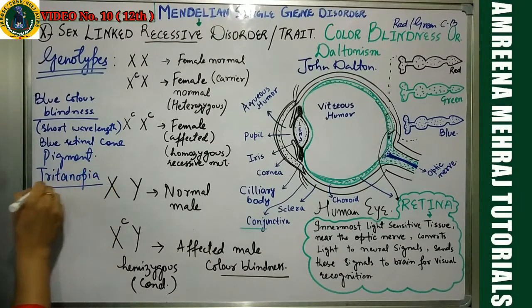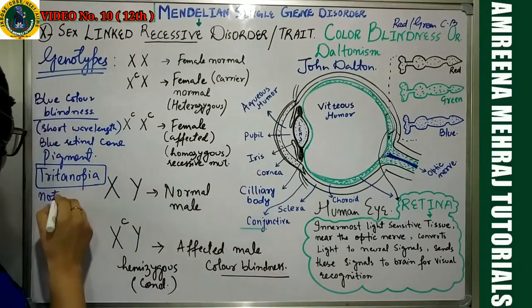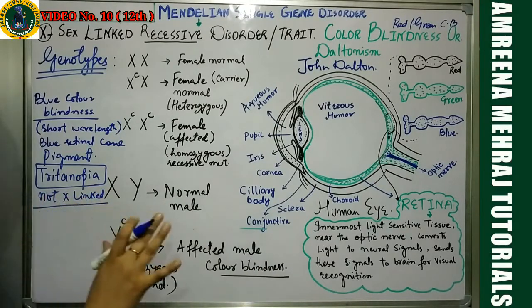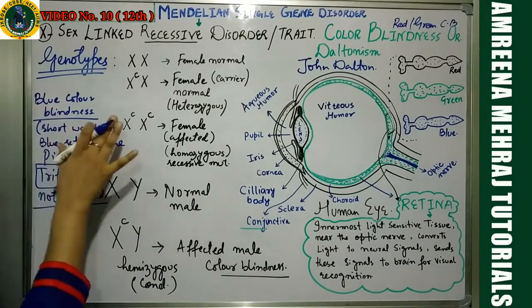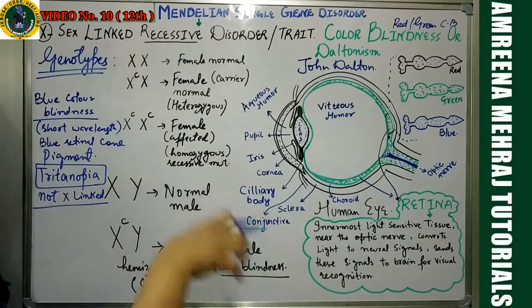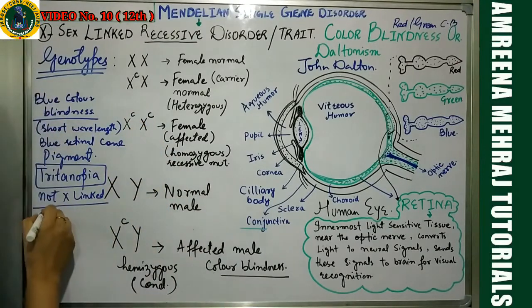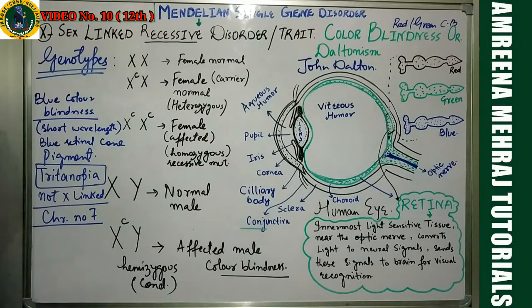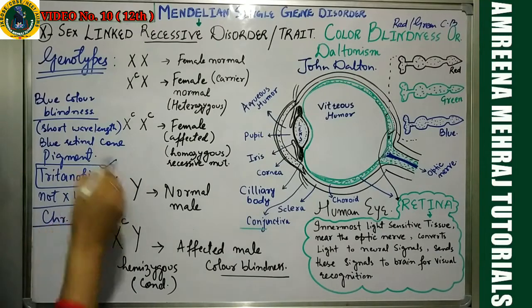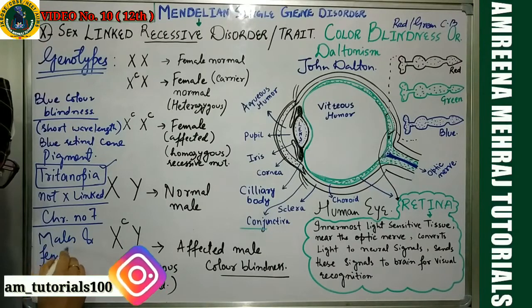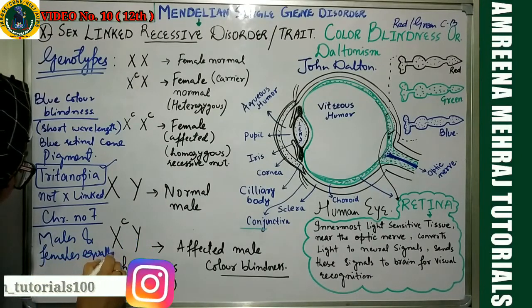But that is not an X-linked defect. I just want to make it clear to you that it is not X-linked. The gene for the pigment which codes for the blue color, which helps us in identifying the blue color, is not located on the X chromosome. That gene is located on chromosome number 7. So that becomes an autosomal disorder. In tritanopia cases, you will find males and females equally affected